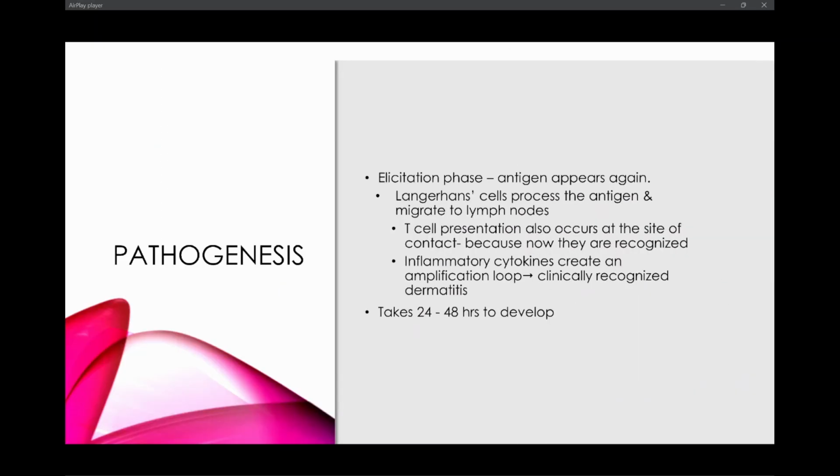Now we are in the elicitation phase. The antigen appears again. So the same thing happens. Langerhans cells come in, engulf this protein, the antigen, and bring it to the lymph nodes. T cell presentation also occurs at the site of contact because now they are recognized. This is the second time we've been exposed to this antigen. Inflammatory cytokines create an amplification loop, and that's clinically recognized dermatitis. This secondary process takes 24 to 48 hours to develop,